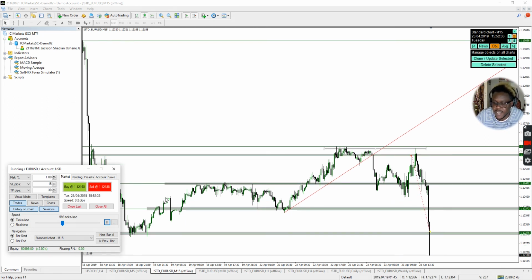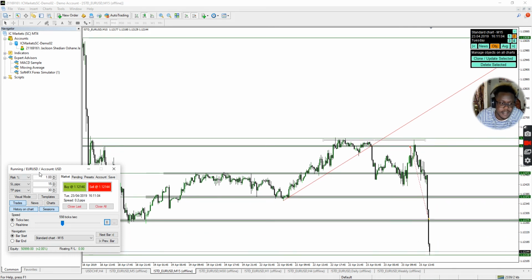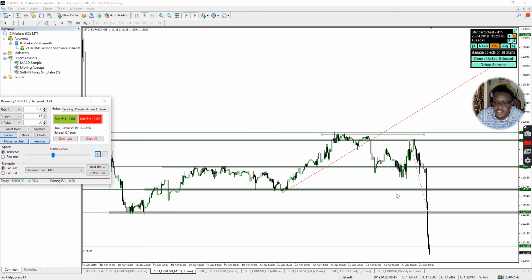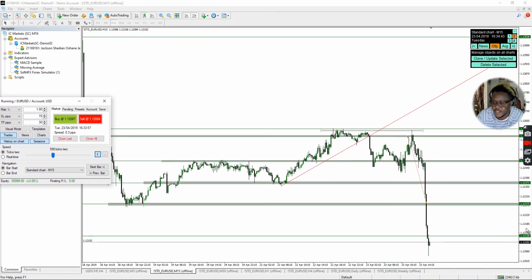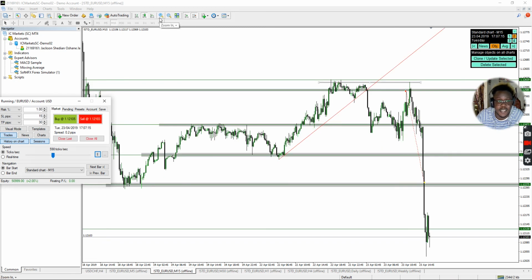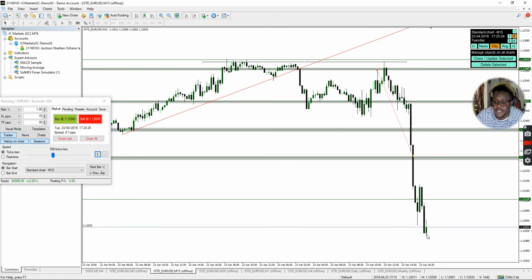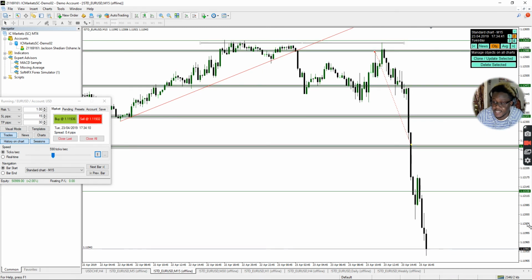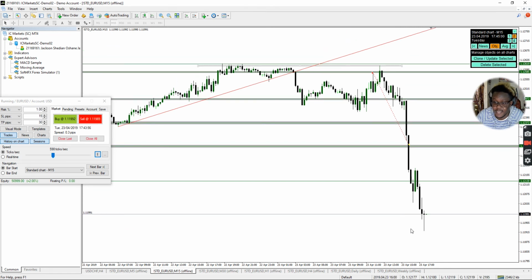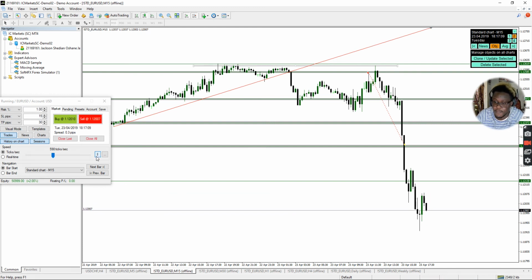All right. And as you can see, we hit full TP and price is still pushing towards the downside. All right guys, so very effective trading strategy, and look at that. All right, so this is how I actually trade Euro USD and Euro GBP. All right, and as you can see, we are still going. This is a nice move, simple but effective. Wow,